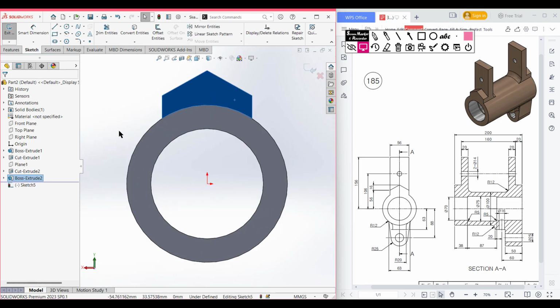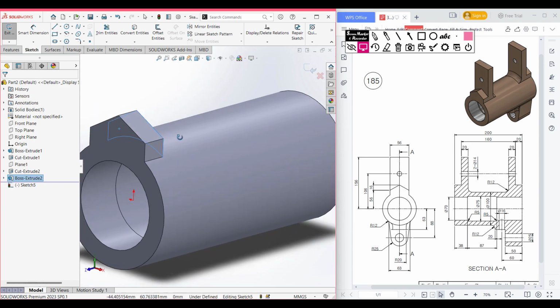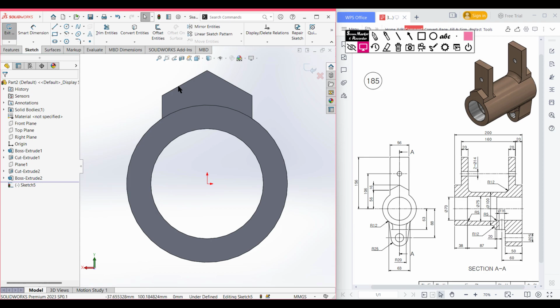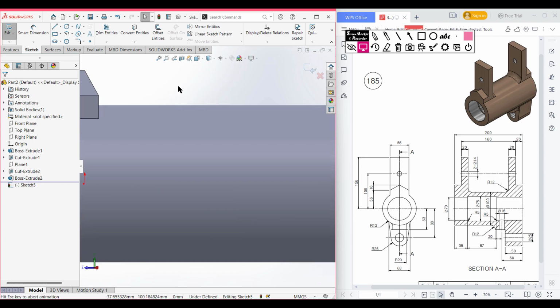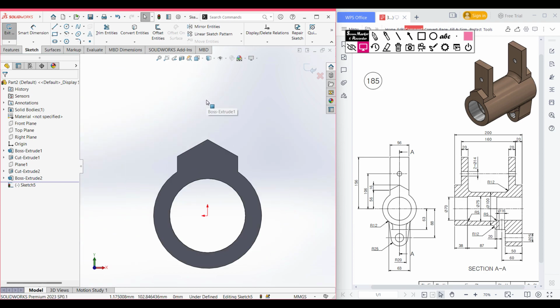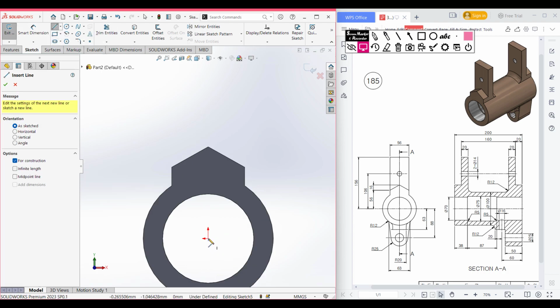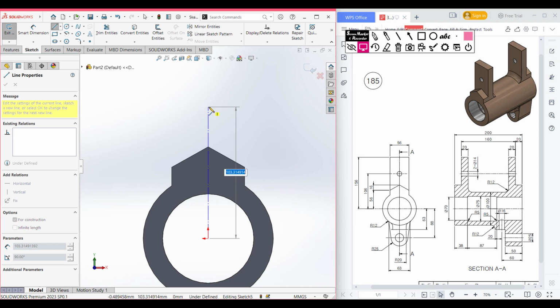I am doing the normal again. So I'll see this face. Okay, if you normal it one step, you'll see the back face. If you again normal it, you will see the front face. Okay, now from here I am selecting the center line again and placing the center line here and drawing a center line of dimension of